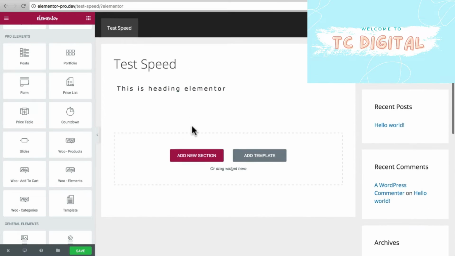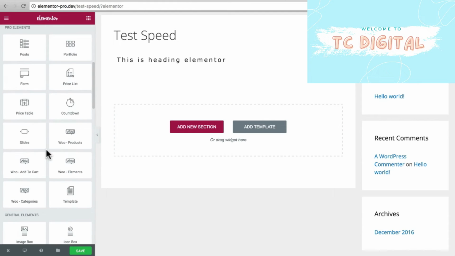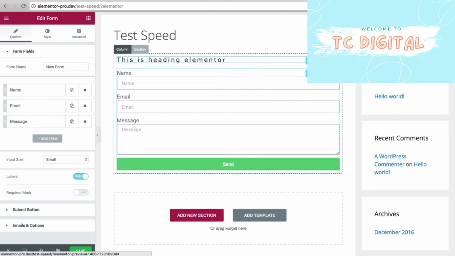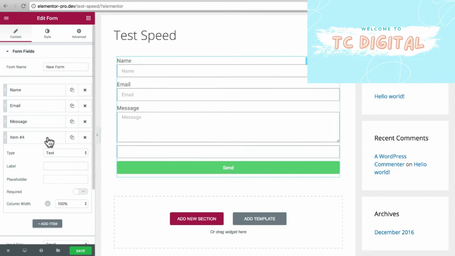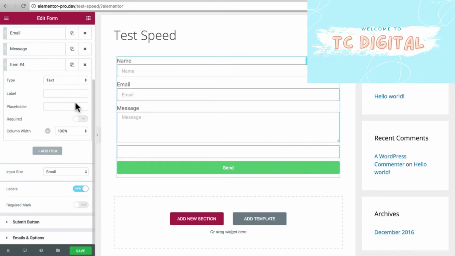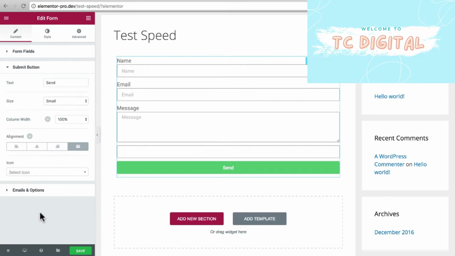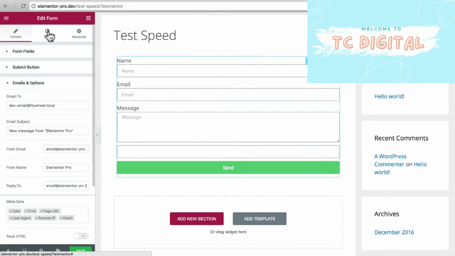Let's take a look at Elementor right here, and it's going to be one of these pro elements that we see right here, form, and I'm going to just drag and drop it right there. And let me get rid of my headline actually. Alright, so here is the form, and at first glance, when you drop it in, you think, oh, it's not much difference, except I can go here and I can start creating as many fields as I want. They could be different types of fields, and you see there's a nice long list of options that you have here. And then you can do the same thing with the submit button and your email options,